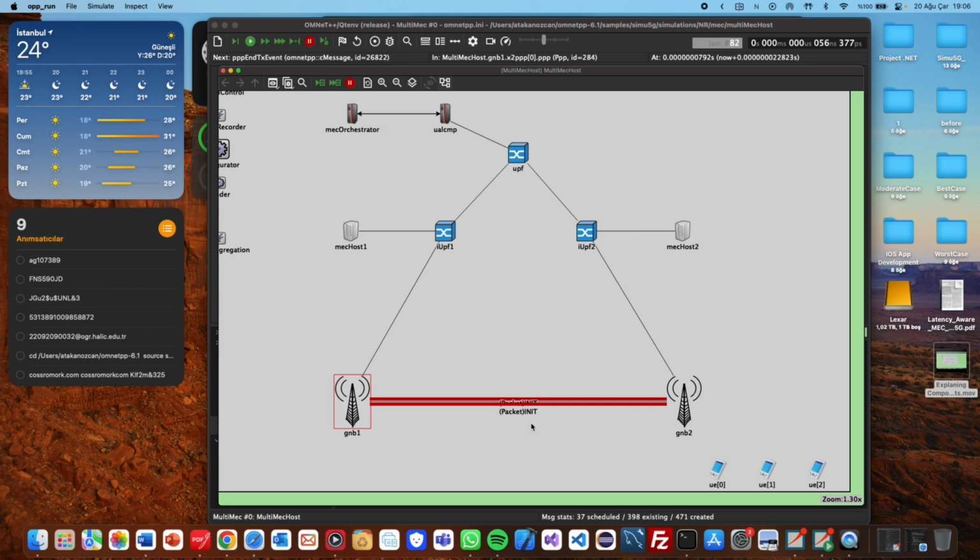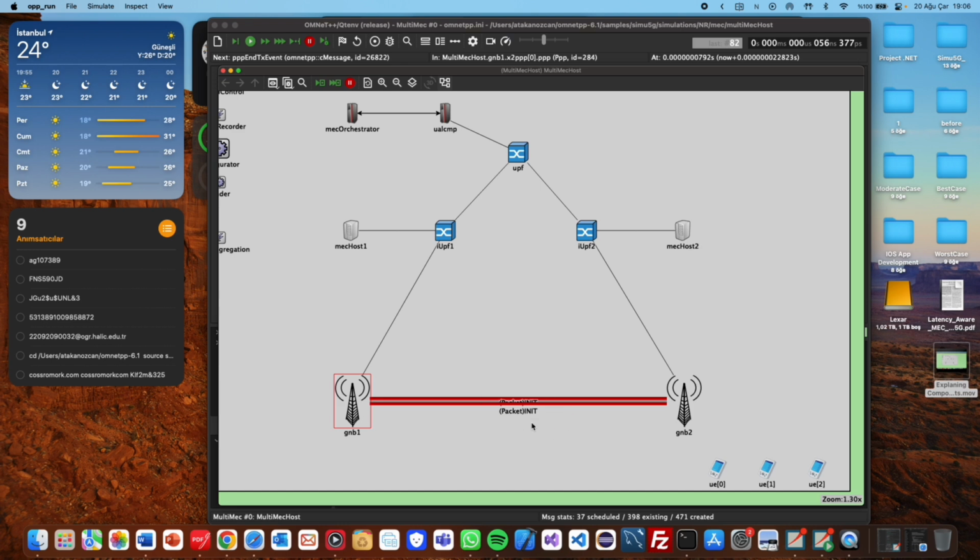It's used by components to resolve network interfaces. And there are handover frame events that initialize handover handling logic for the user devices. And components like gNBs, UPFs, and user devices are triggered and initialized before these packet INET